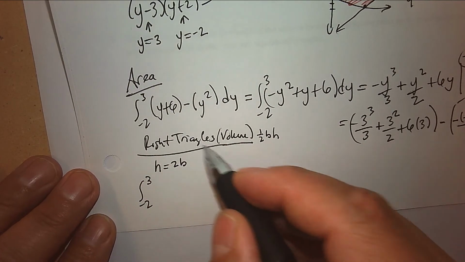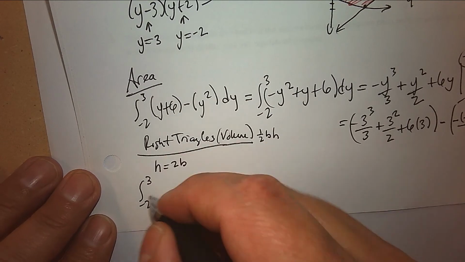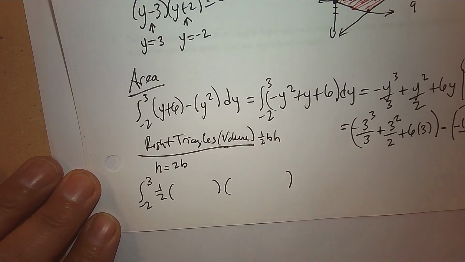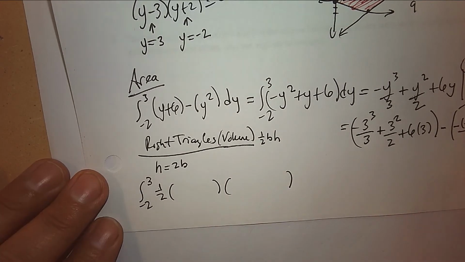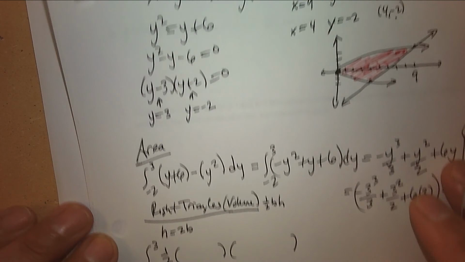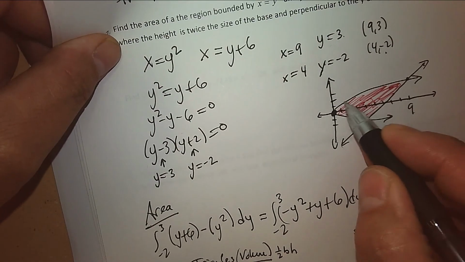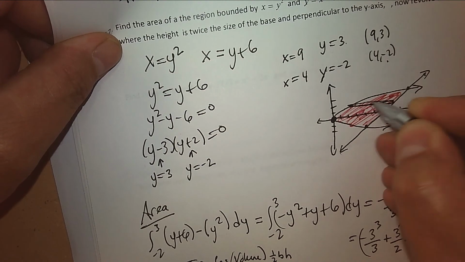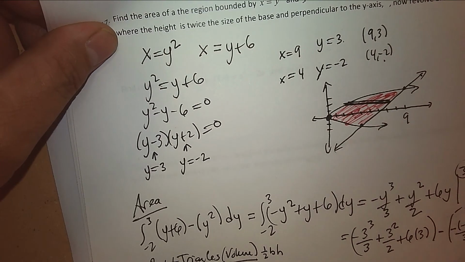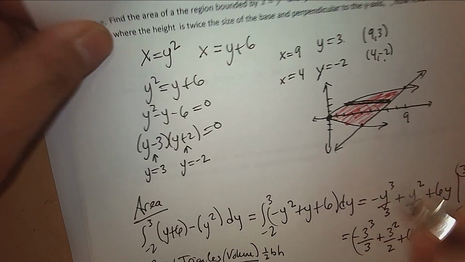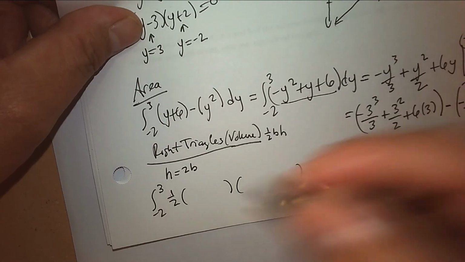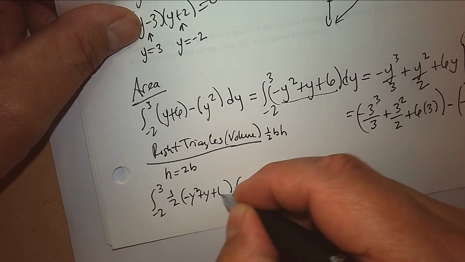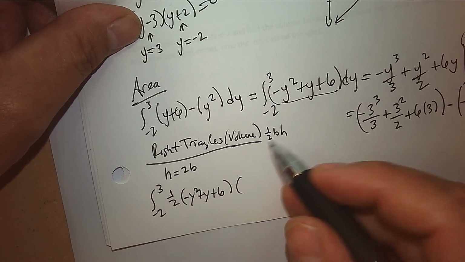I'm going to use the formula for a right triangle, so I'm just going to write it in. 1/2 the base times the height. The base, that represents right subtract left here. So the base of the triangle is right subtract left. So at any time, what would that distance be? Right subtract left. We already did that right here. So I'm just going to use it. It's -y² plus y plus 6 times the